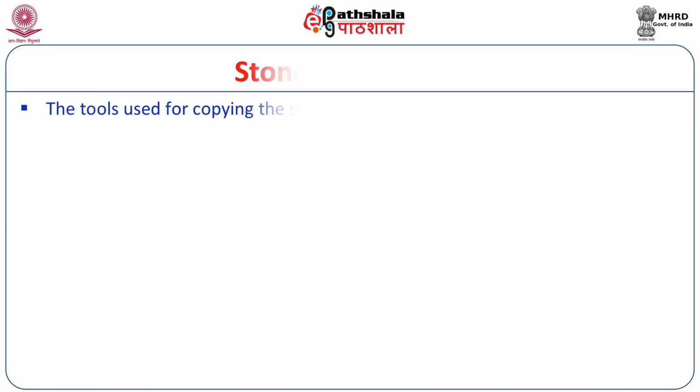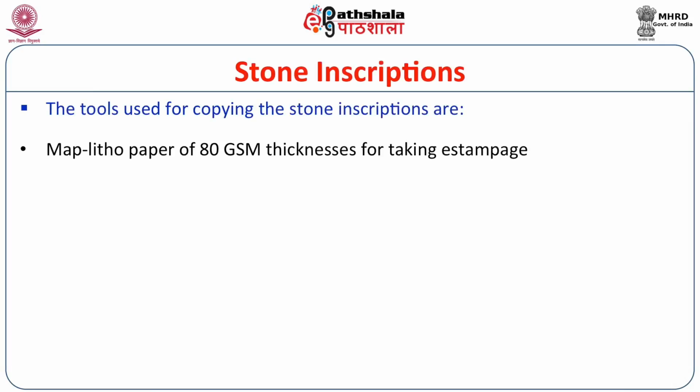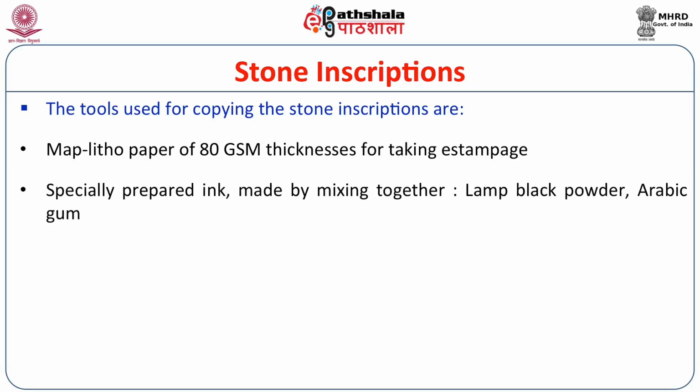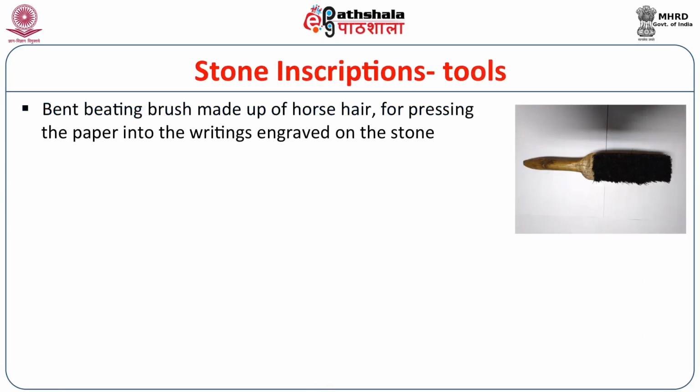For taking estampage of stone inscriptions, several tools and materials are required. The tools used for copying stone inscriptions are many. They are a map litho paper of 80 GSM thickness for taking estampage, a specially prepared ink made by mixing together lamp black powder and Arabic gum, waterproof drawing ink and water, a bent beating brush made up of horsehair